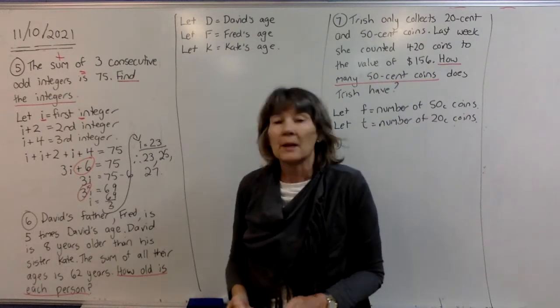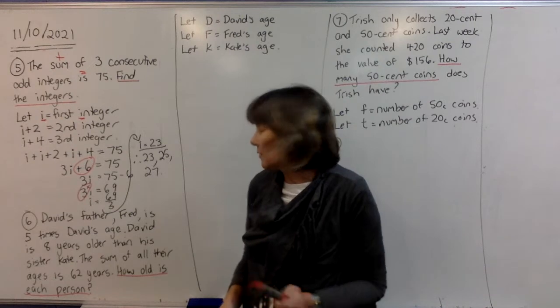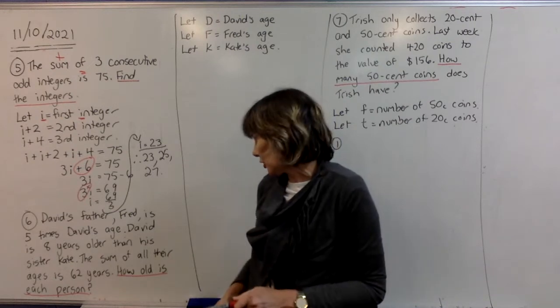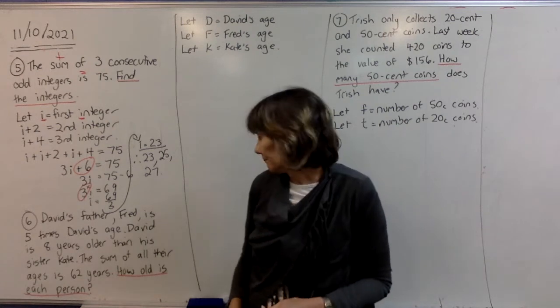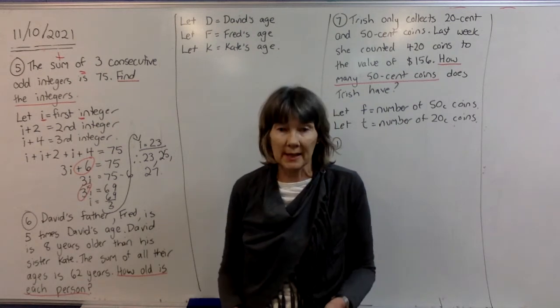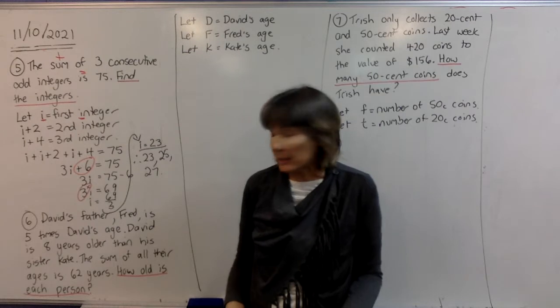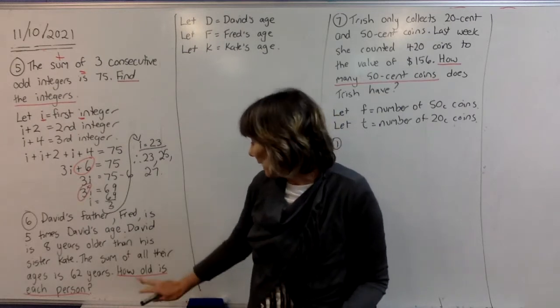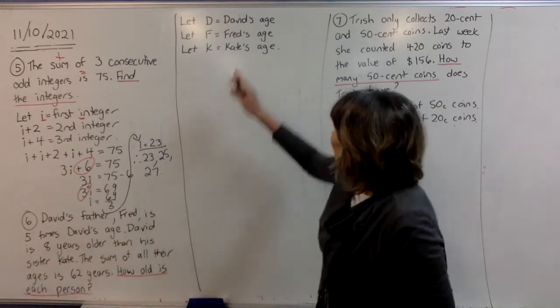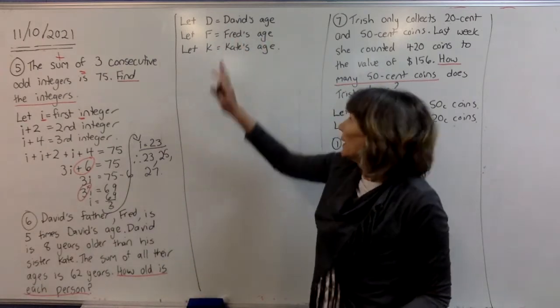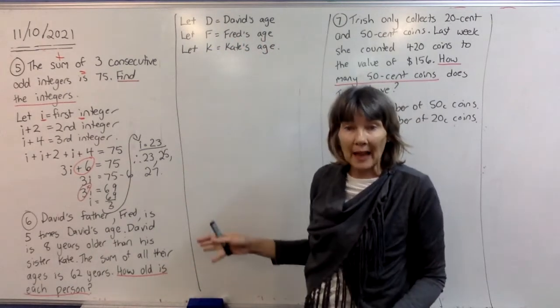Number 6. David's father, Fred, is 5 times David's age. David is 8 years older than his sister, Kate. The sum of all their ages is 62. Lots of information here. What are they asking? How old is each person? So the first thing we do, let D equal David's age, let F equal Fred's age, and let K equal